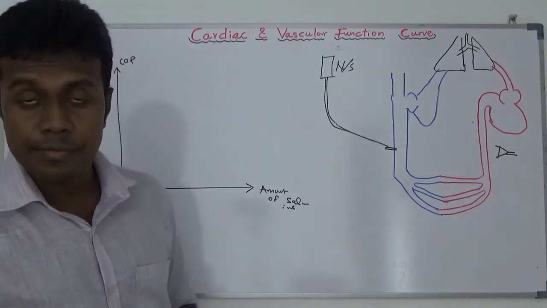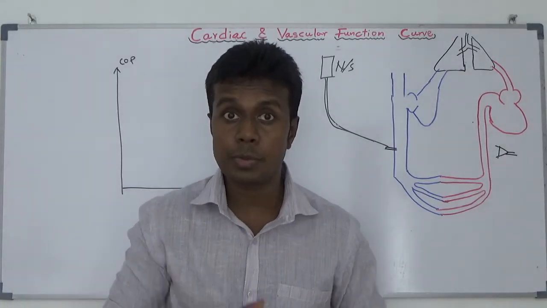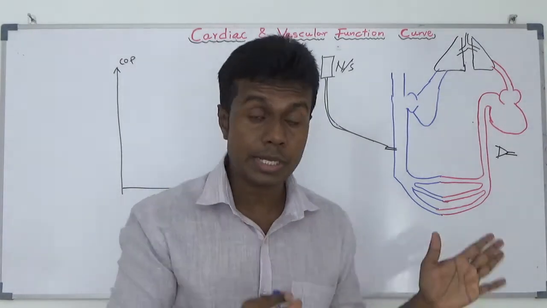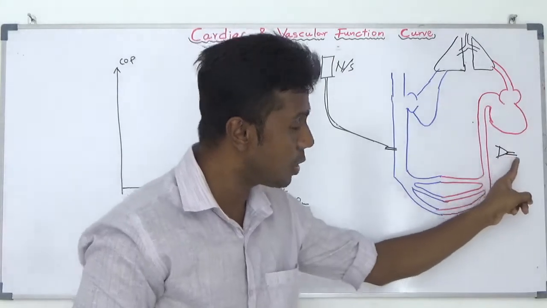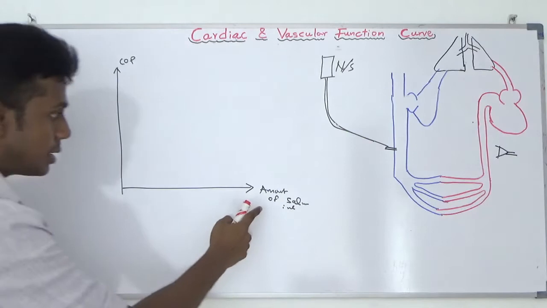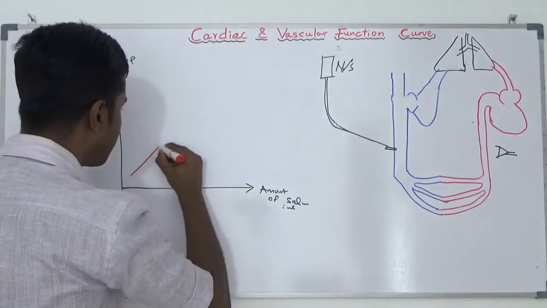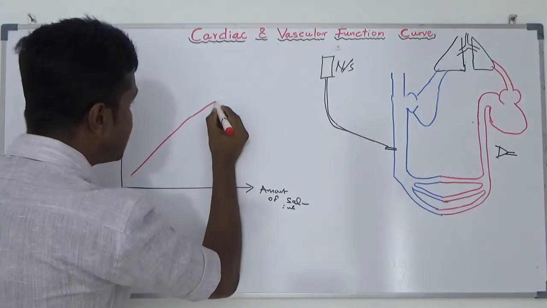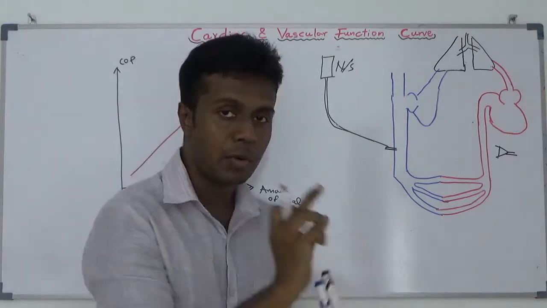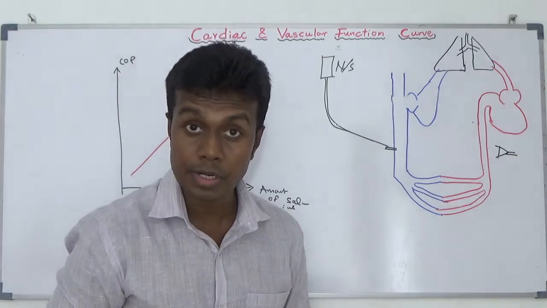What I found is, when I increase the amount of saline infusion, no surprising, cardiac output must be increased. So when I increase this amount of saline infusion, the cardiac output gradually increase. But once it comes into this point, even though I increase the amount of saline infusion, cardiac output going to be dropped. What?